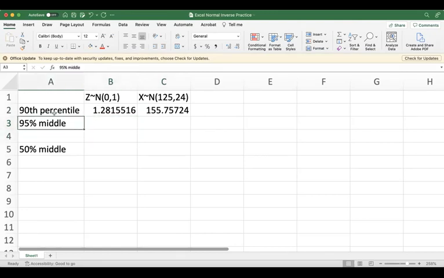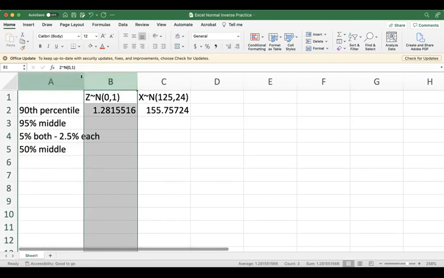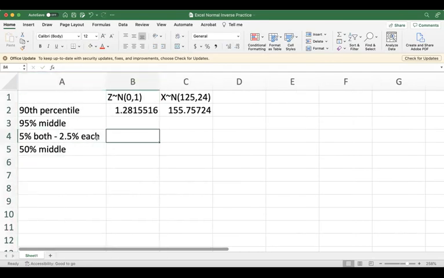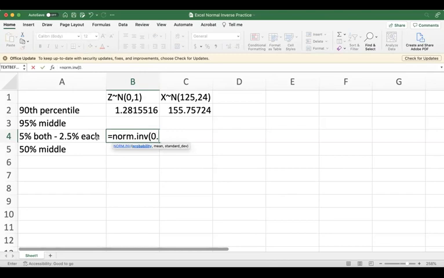It's not values all to the left of some value. So in order to fix that, we know 95% middle means 5% on both sides, which means 2.5% on each side. And the reason that's important is because then we know to the left, we're looking at 0.025. So if we're doing the norm.inv, we're interested in the probability of 0.025, that area to the left, and we